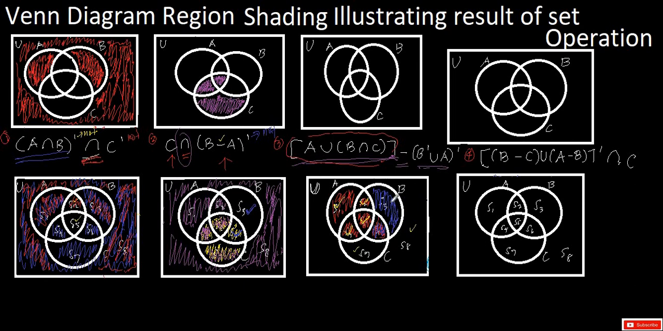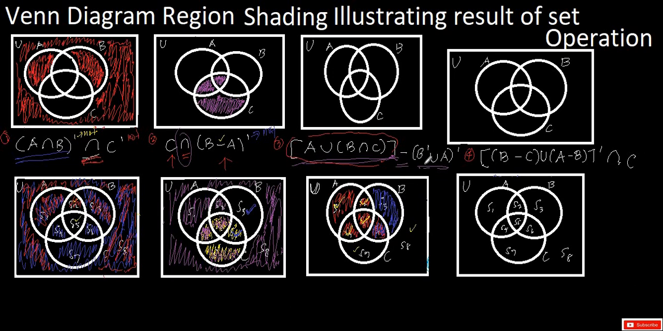So only the regions that are not checked by yellow color are the elements of the complement of the union of B complement and set A. This one. Okay. And the final operation is